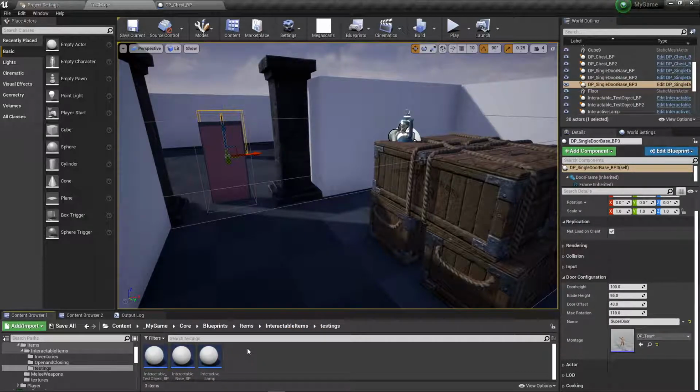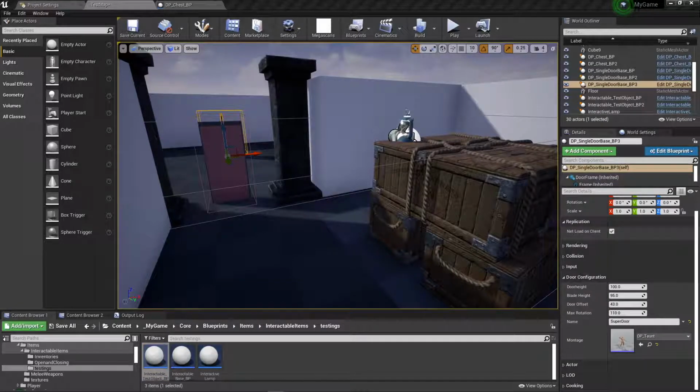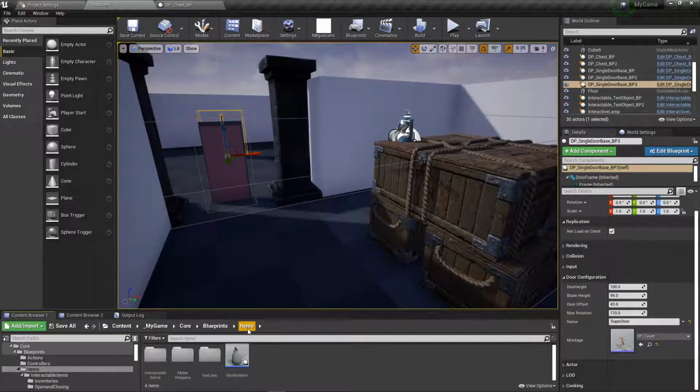Was it this one? I don't know. Let me quickly check. No, that's a statue. Interactable base. Which one is this? Oh, I thought that I had another one, but maybe I did that in the sample project. Hold on. No, that's the world. No, that was in my testing project. So now, core